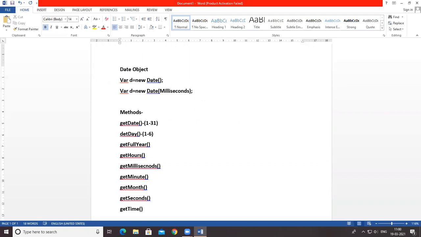So these types of date methods are used here. Let's see how to use these methods in a program.